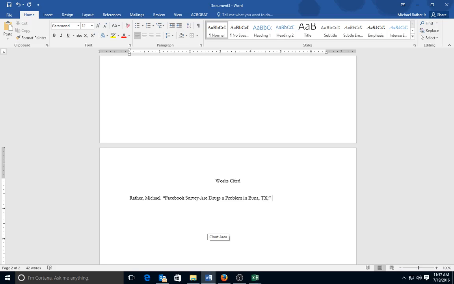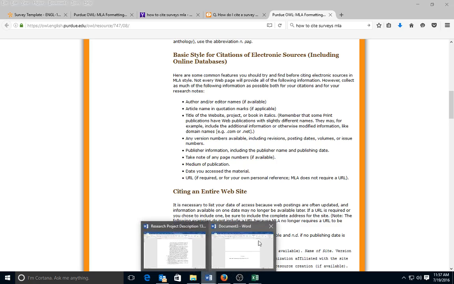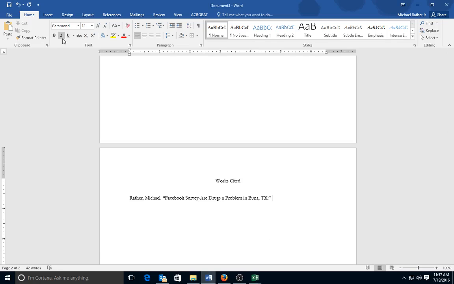So then the next thing we need is the larger item that we have for it. So what we have is the website that it's run off of, you could say. In this case, Facebook. Website titles are in italics, web page titles are in quotes.